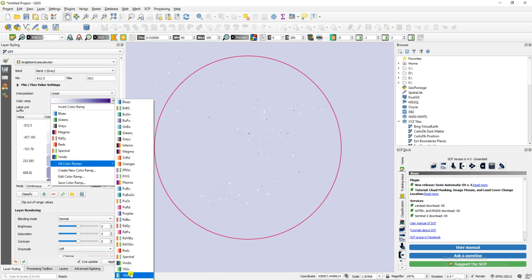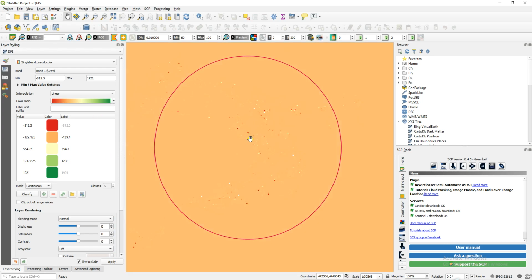Just try them one by one. Our focus is to determine plant disease at the first initial stage, so we go with red, yellow and green.